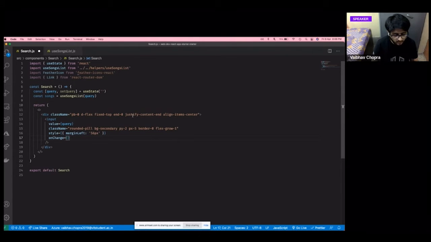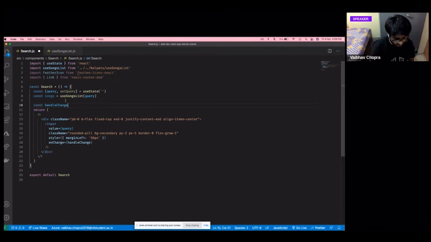But in React, you have to do dual binding. Like in this input, you have to not only define what is the current value, you also have to define the behavior of what should happen if the value of this input component changes. So you have this onChange property where you have to define a function of what would happen if the value changes. For that I will write a function called handleChange, and that function we will define at the top here before the return statement.